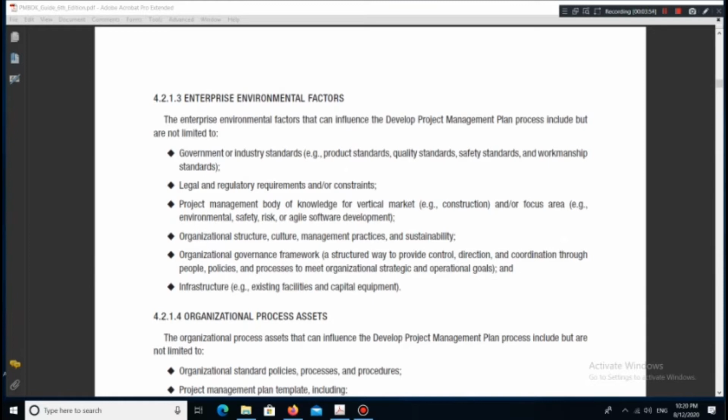4.2.1.3 Enterprise Environmental Factors. The enterprise environmental factors that can influence the Develop Project Management Plan process include but are not limited to: government or industry standards, for example product standards, quality standards, safety standards, and workmanship standards; legal and regulatory requirements and/or constraints; project management body of knowledge for vertical market, for example construction, and/or focus area, for example environmental, safety, risk, or agile software development; organizational structure, culture, management practices, and sustainability;